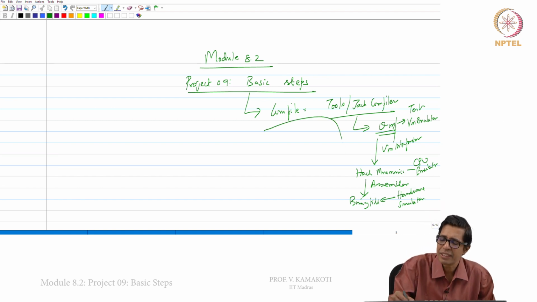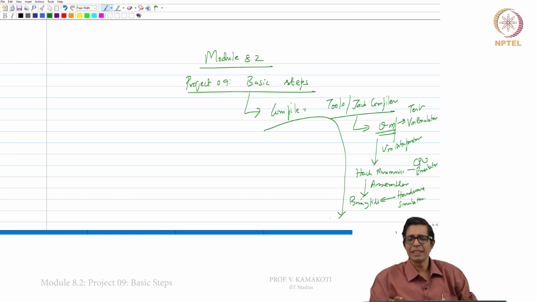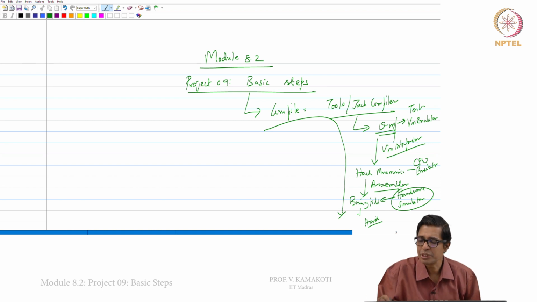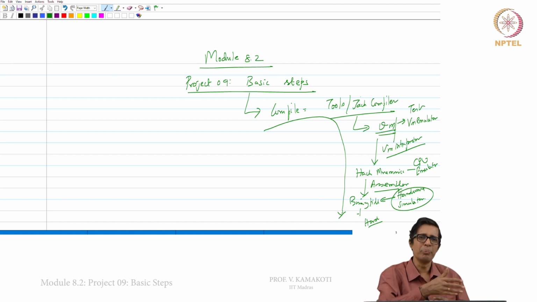So, this entire set of things you can try and see if it is working, and that will already give you one thing. In this entire stack, your hardware is yours, your assembly is yours, your assembler is yours, your VM interpreter is yours. The only thing that is missing is the Jack compiler, and if you do that, then you have understood how to build the entire system stack. So, kindly do these 3 programs, and we will do many more as a part of project 9, a couple more programs as we proceed in this project.